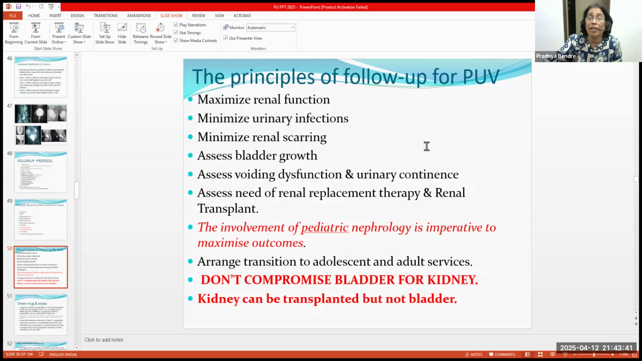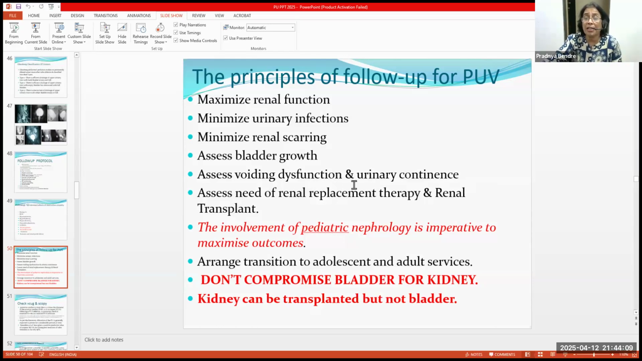Then minimizing scarring would be secondary to minimizing urinary tract infection. Assess the bladder growth, and watch for the urinary stream. Bladder growth can be assessed either by ultrasound or by the VCUG. As the child grows, it is very important to have a detailed voiding history and questionnaire of lower urinary tract dysfunction, because